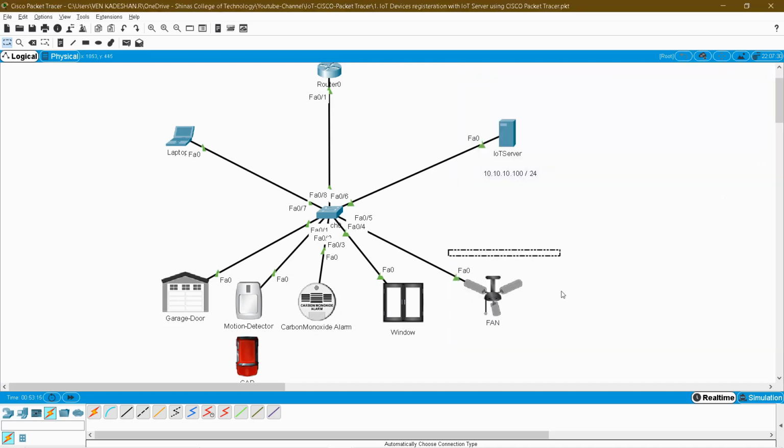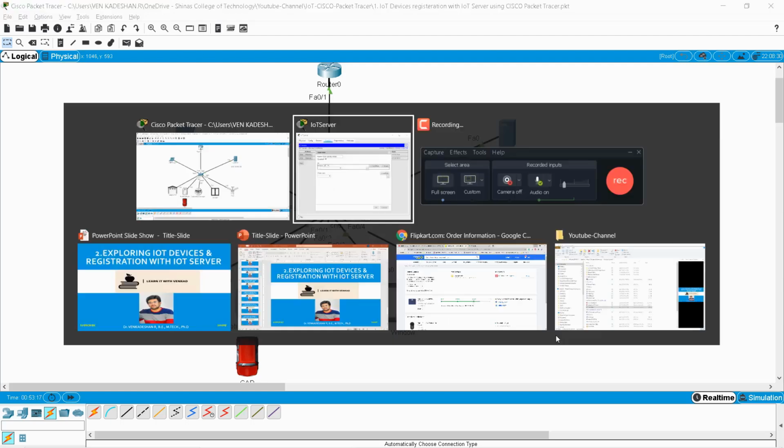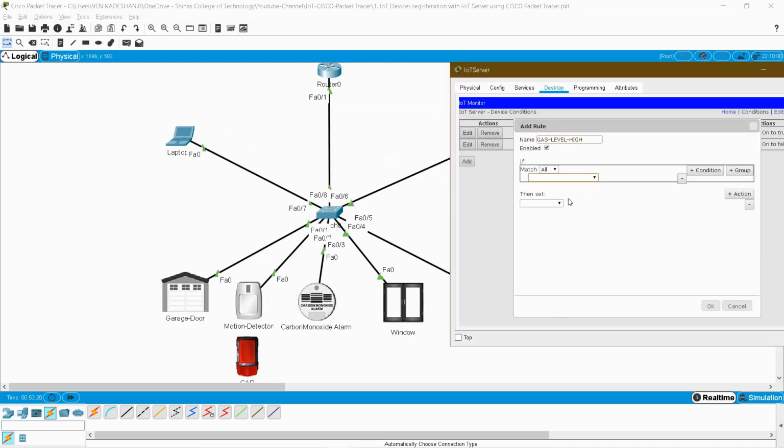So for that, carbon monoxide level, for example, greater than 0.06, and your window on should be true, and you can add a condition result here. Fan status should be high. Okay, click Add.